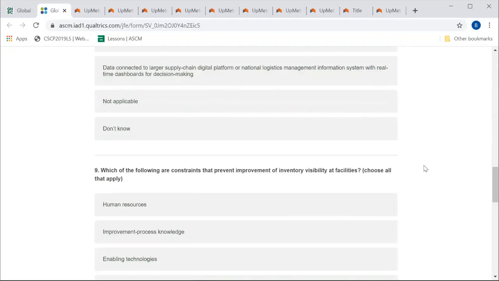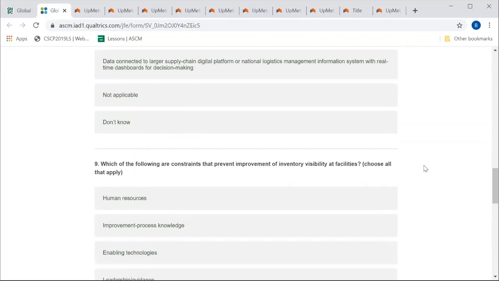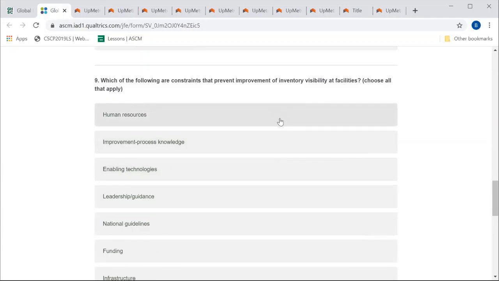Each category has a series of questions, and at the end of each category section, you have a question that goes with constraints. Now, constraints are market forces that are beyond your control and they hinder your supply chain performance. There are times where you know that there's a problem, but the problem is not within your control. So this could be human resource, it could be funding, it could be any of them. When you get to these questions, please choose all the hindering factors, all your constraints, because this adds up to the performance of your supply chain, and it also helps to identify how to improve on your supply chain.